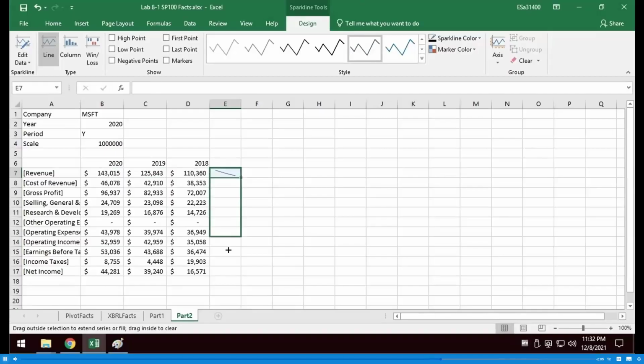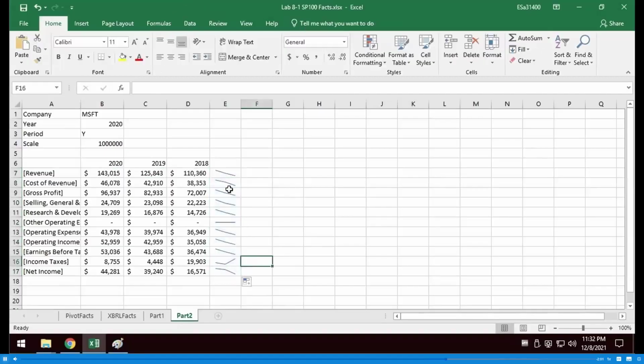Then click OK. Here you can see the trend increasing from 2018 or decreasing from 2020. And if I drag the spark line down for all these accounts, you'll see the trend for each of those individual accounts in a nice, concise, compact graph. Now to perform a vertical analysis, in other words, to see how many cents are dedicated for each dollar in revenue to costs and income, we're going to take our year headers from B6 to D6. We're going to copy